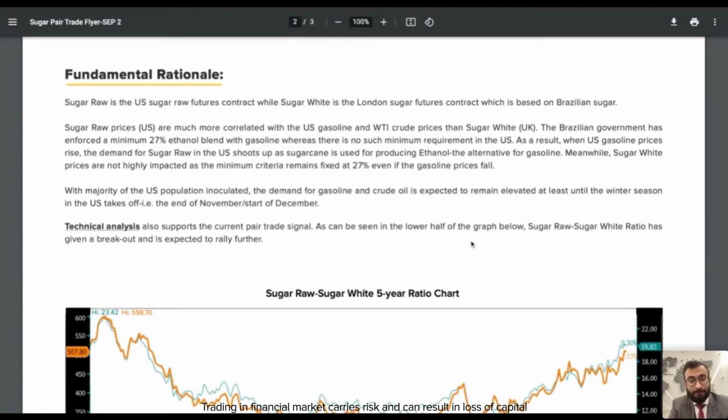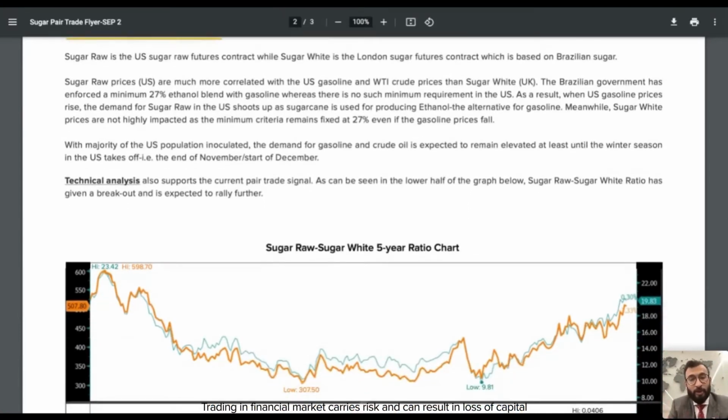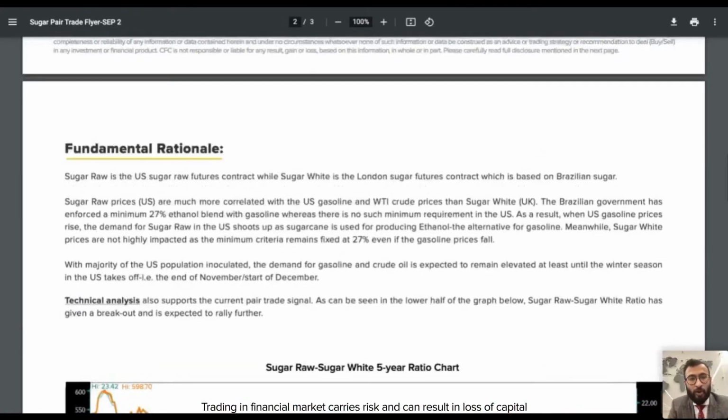So what happens? The demand for gasoline and oil from the majority of the US population is expected to remain elevated at least until the winter season in the US, that is the end of November and start of December. Now what the strategy says,